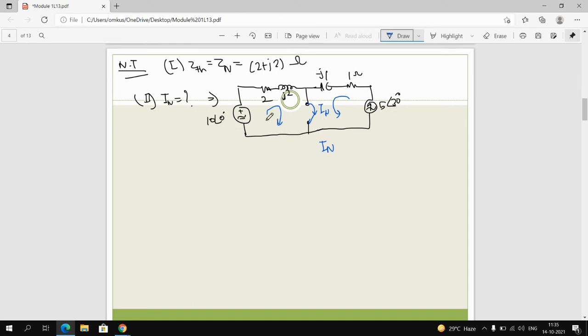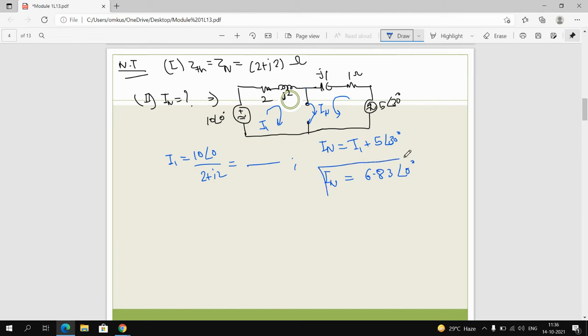So IN is equal to, let's say this current, we know this is 5 at an angle of 30. Let's call this current I1. So IN is equal to I1 plus 5 at an angle of 30 degrees. So calculate this I1. What is the value of I1? I1 is nothing but the total voltage which is given here divided by total impedance. What is the total impedance for this circuit? It is 2 plus j2, right? When you calculate this I1 and put this value in this equation, the final answer of IN is 6.83 at an angle of 0 degrees.